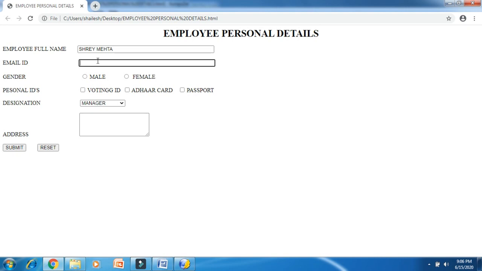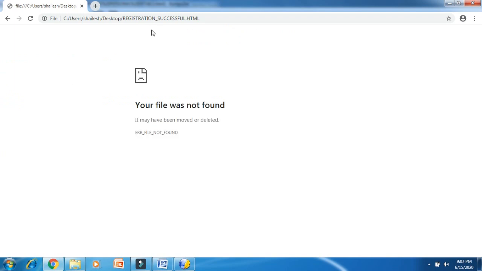Employee ID 001, gender male, personal ID voting card, Aadhaar card, designation CEO, address I am writing A501 Avenue Park, Vapi, and I submit it. So after submitting, student, this page is not created yet.